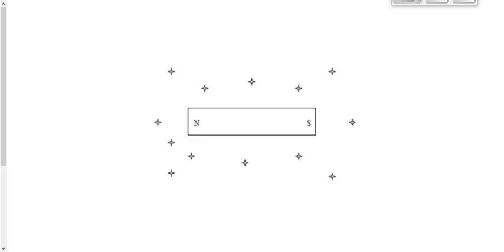All right, I want everybody to take a look at the first page of the handout that I gave you at the beginning of class. You see 3 diagrams on that page. The first diagram looks like this. We have a magnet with a north pole and a south pole and a bunch of little stars around it. We're going to do a little activity here, not for marks, not for handing in, just a little activity at your desks with a partner or a couple partners, where you're going to replicate the diagrams that you see on the page